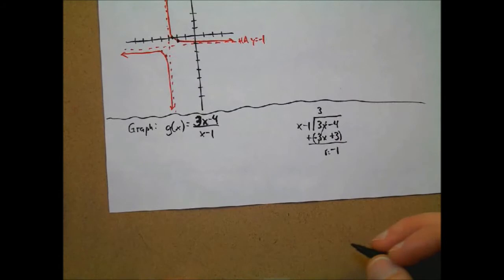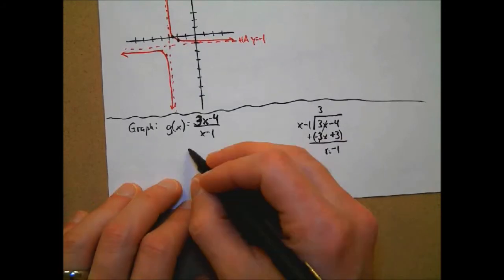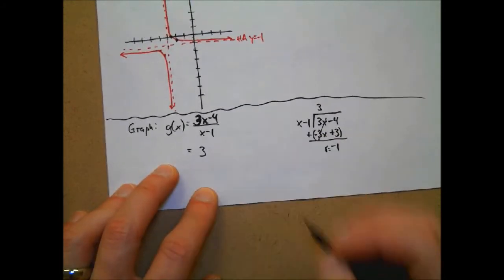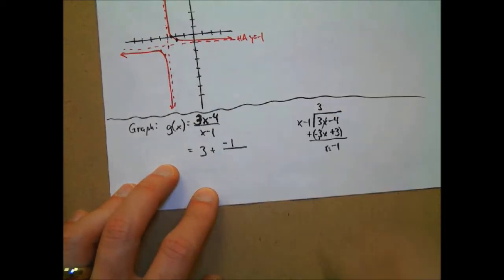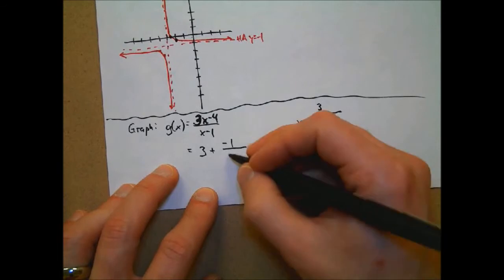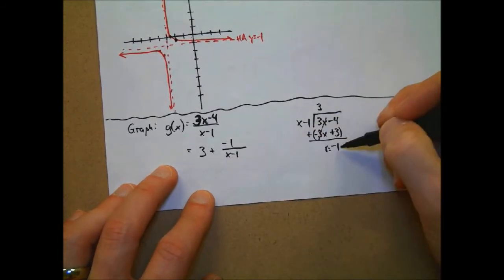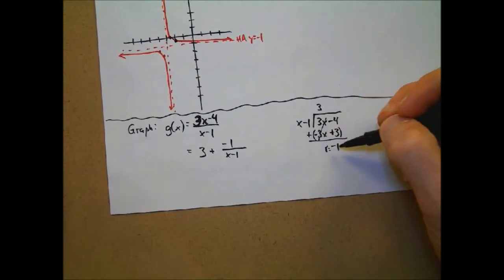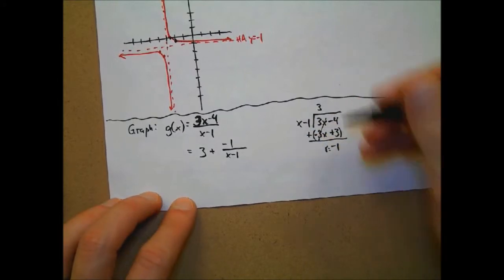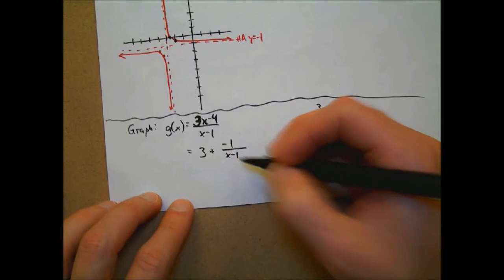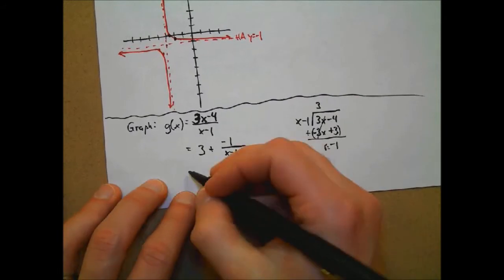But of course, we're not going to leave it like that. I'll say this is equal to 3 plus negative 1 over x minus 1. Right? That negative 1, it's a remainder. It remains to be divided still by that x minus 1. So it'll be plus negative 1 over x minus 1. There's our function. Or if I put it in the more familiar form,